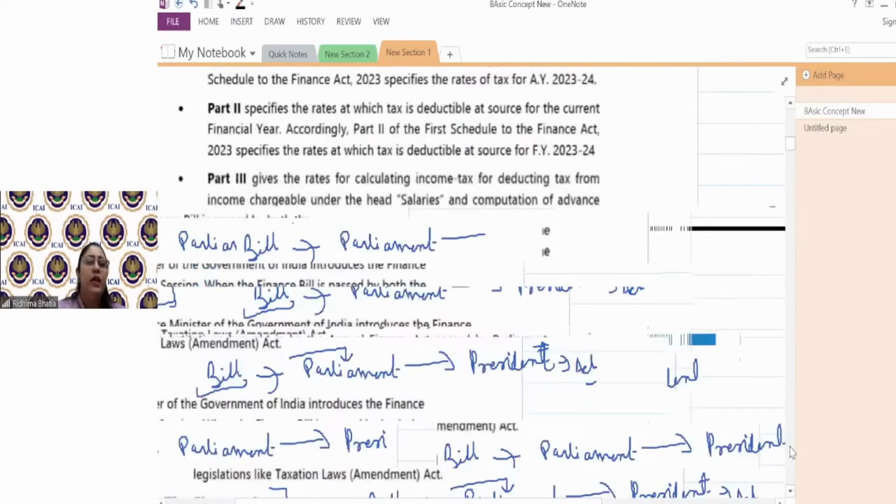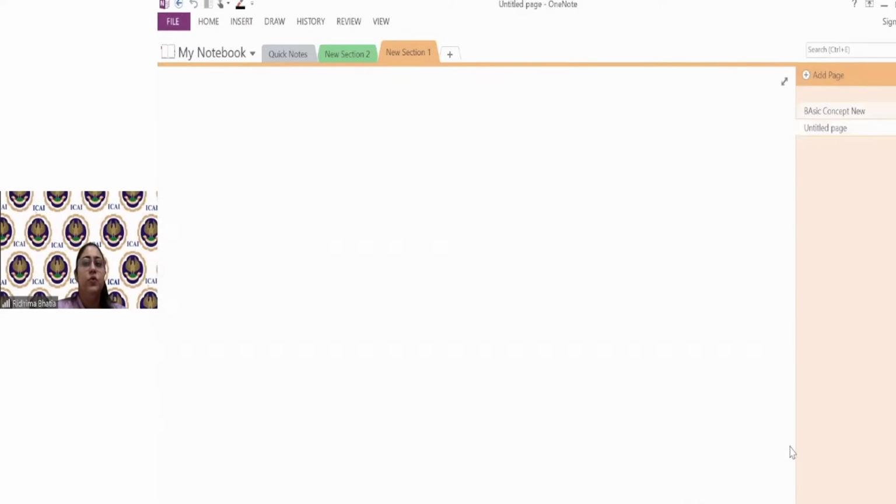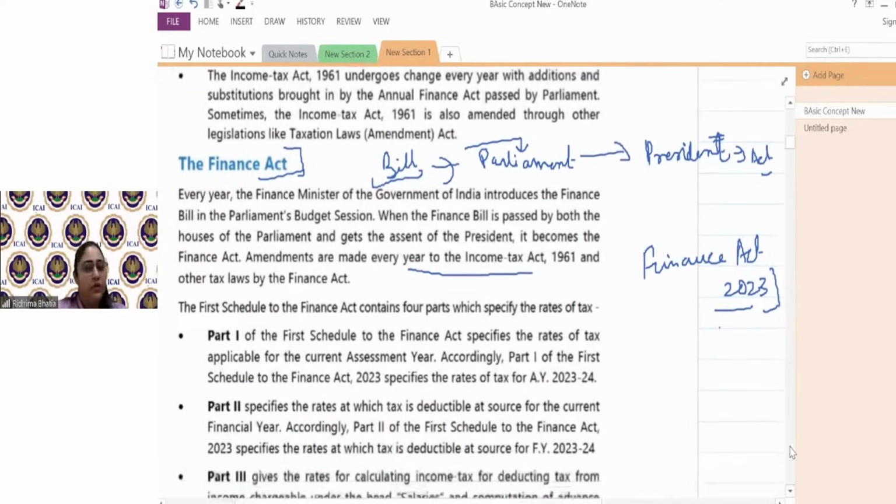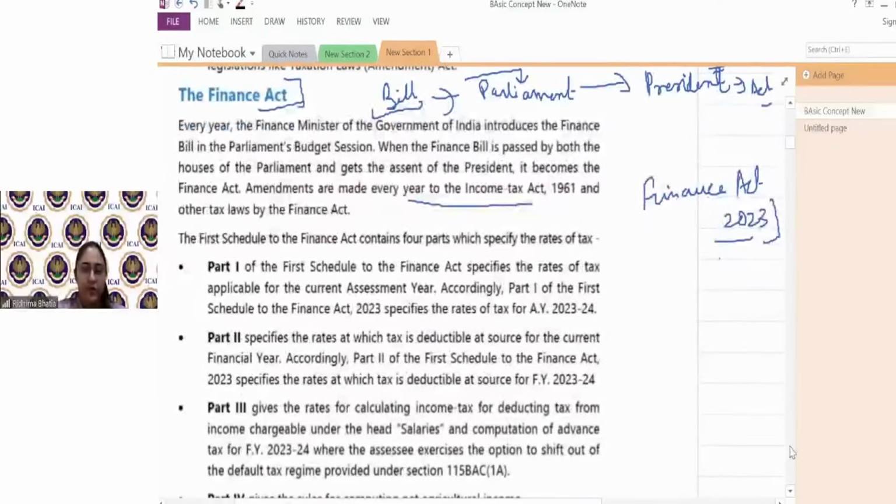Finance Act makes not only income tax changes, friends, there are changes in relation to GST, customs, every change is there. There is budget allocation, everything is there. A certain proportion of it is changes to income tax, which is a part of the finance bill, which we have to refer. From the Finance Act we learn what would be the tax rates for the coming year, and what are the tax rates for the current year. So Finance Act 2023 would come on 1st February.